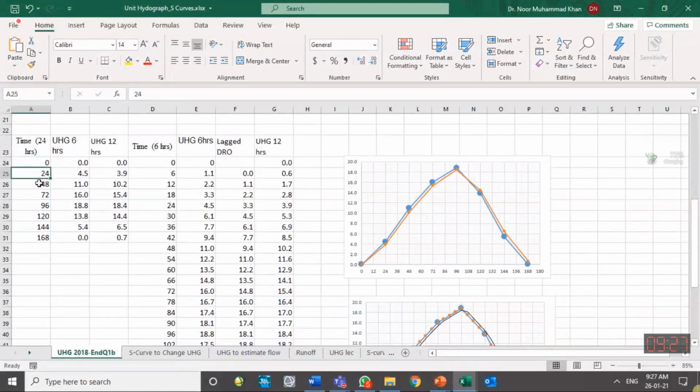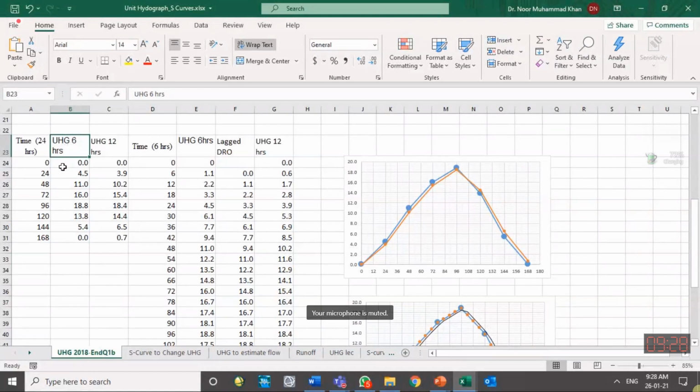They can observe flow after 1 hour, after 1 minute. That is another thing. They are observing flow for another time step, which is possible. They can observe the flows after 6 hours, no problem. But storm duration is something else. Observation duration is something else. The total base period of the hydrograph is something else. So when we say a 6-hour unit hydrograph, it means it is generated by a storm of 6 hours.